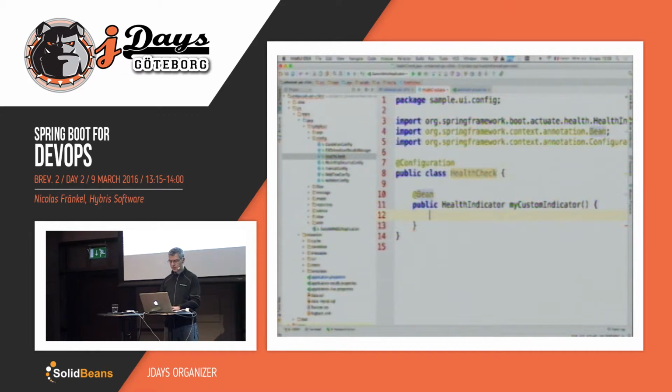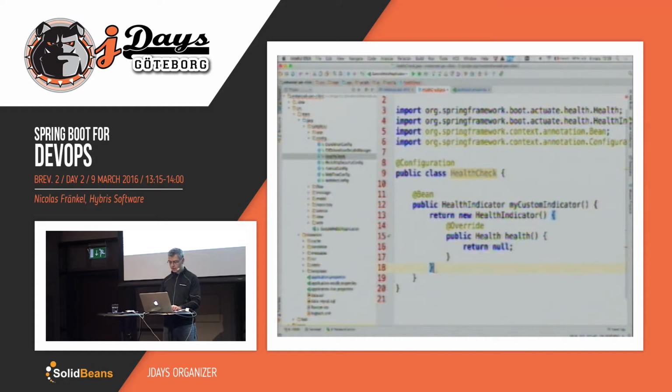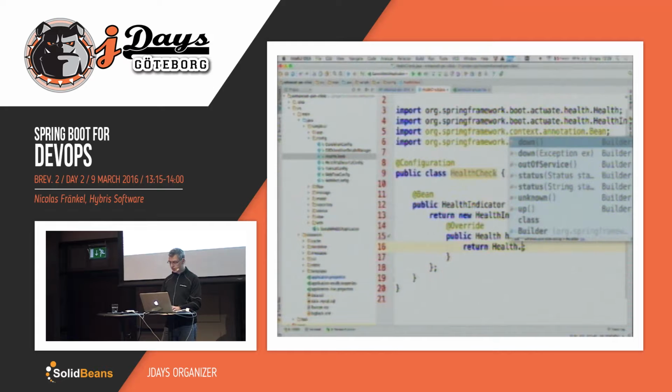Very easy to forget about this kind of stuff, especially in live coding. Return a new HealthIndicator, and here I will have my health object. And let's say that I want everything to work very nicely, so I will use Health.up().withDetail